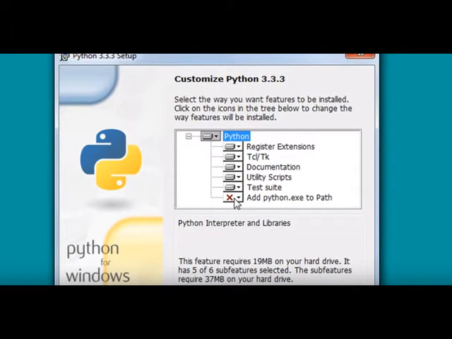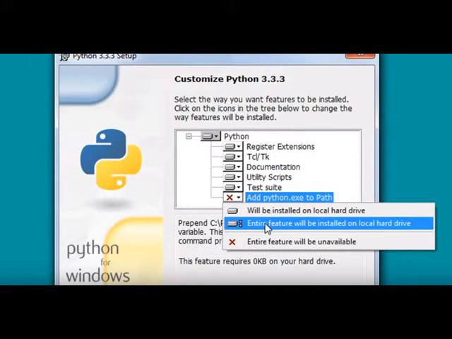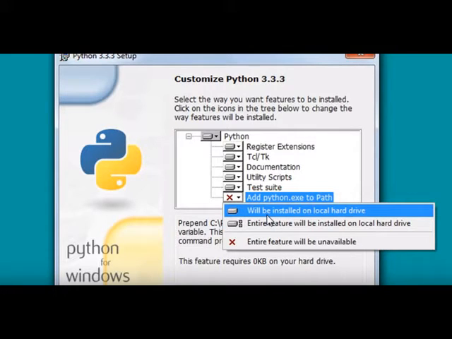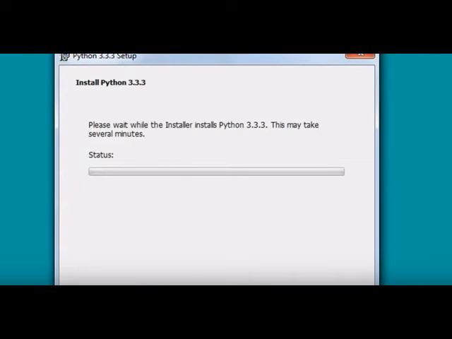I would strongly recommend that you add the python.exe path to your environment variable path, right? The reason for this we'll see in the next tutorial, and you just do this, okay? Because if you don't, then you would have to explicitly copy the path of the Python interpreter and paste it in the path environment variable, and that's actually a lot of work, so you don't want to do that. So just click on this and then click on next,